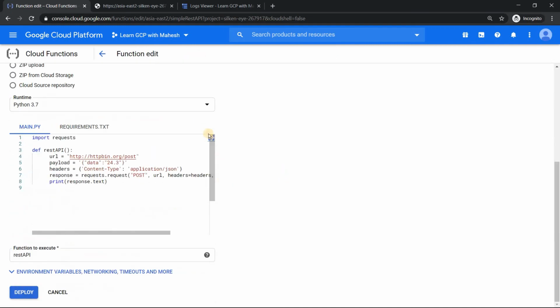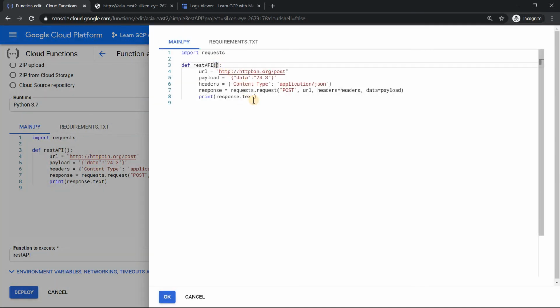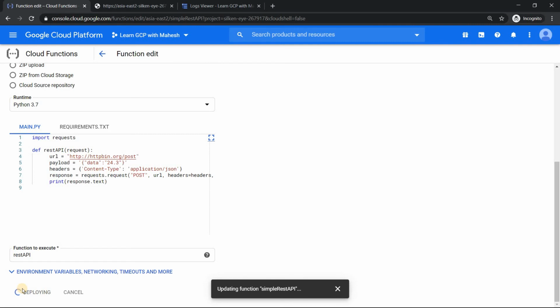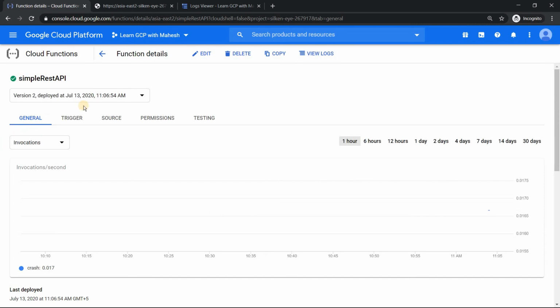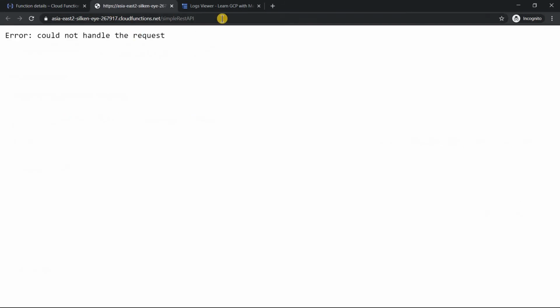Let's click on this existing cloud function, click on edit, and edit the code inline and make sure we pass that. So just add that argument. All right, if you pass that argument, click save and deploy it one more time, you should be able to fix it. Let's wait for it to be deployed. All right, our cloud function has been successfully deployed. Version 2 is deployed. Now let's refresh the screen and see whether we get a better response. It says OK, meaning everything has been done properly, because there was no output. OK is a good sign.